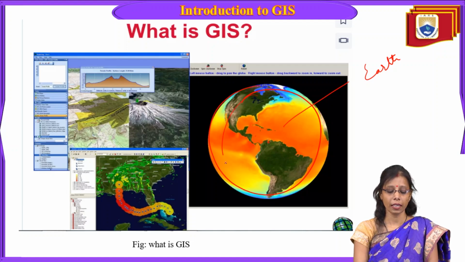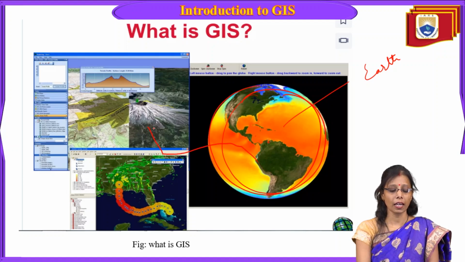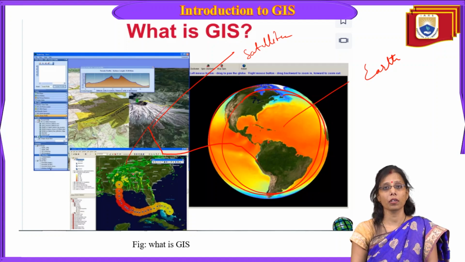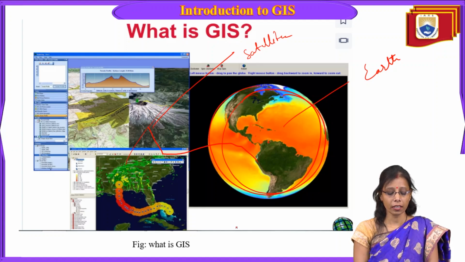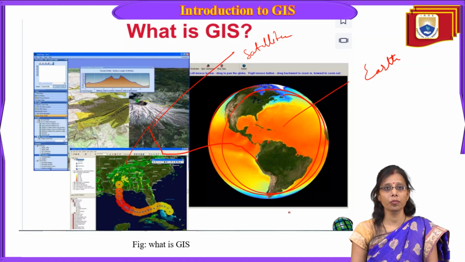So this is the entire Earth surface. The entire Earth surface is captured by the satellite, and after capturing from the satellite, it will later be displayed in GIS to get useful information. Whatever information we want, we can just extract it from the GIS platform. So when GIS is working with the system, it should have software as well, and it should have hardware where you can run all this data, process all this data,